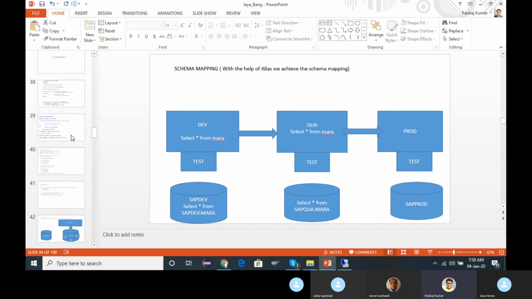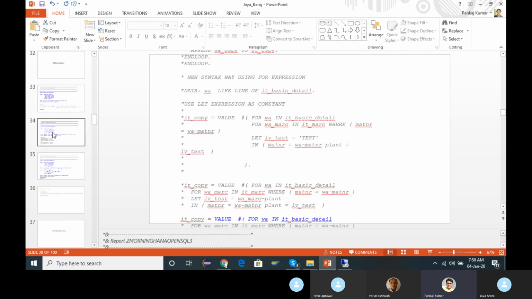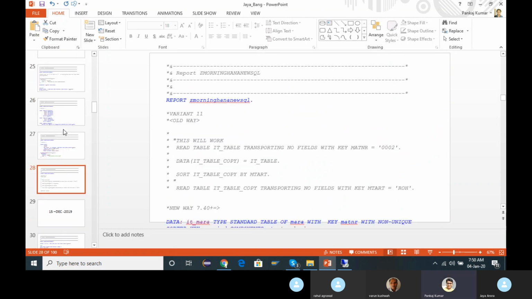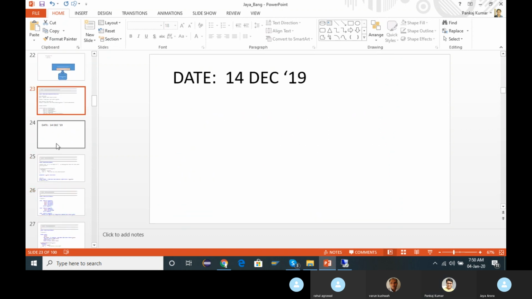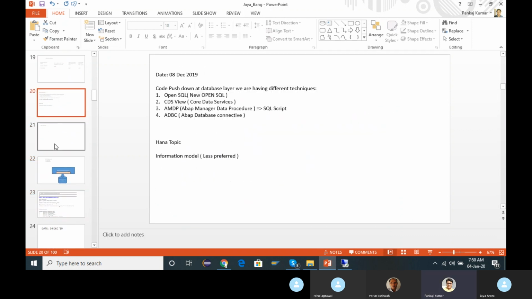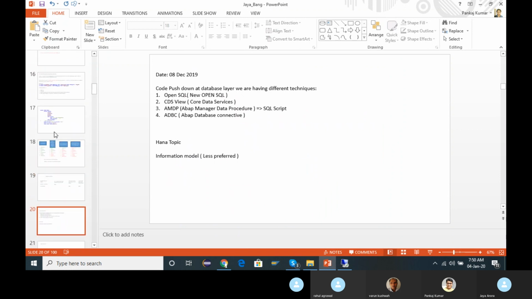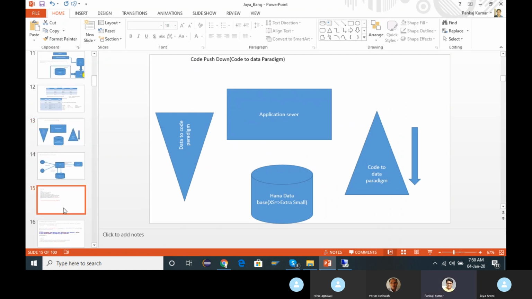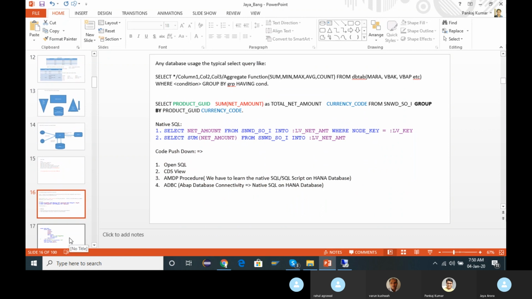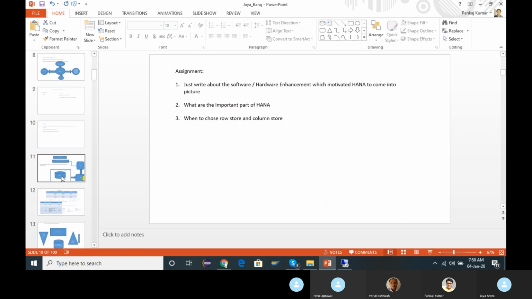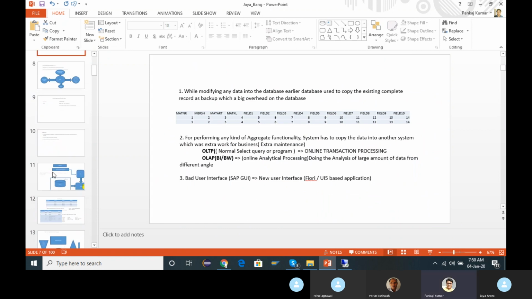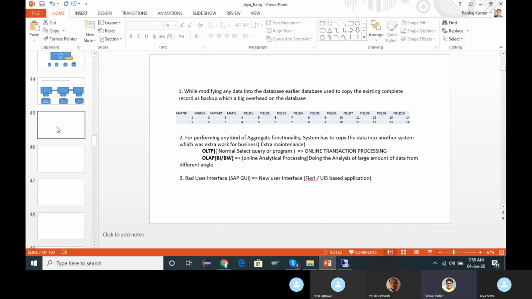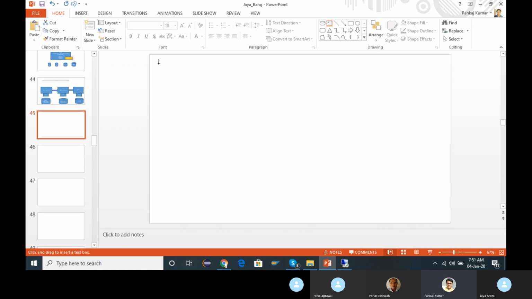I think we have already discussed it in some of the slides, but I'm not able to find that one. We will quickly revise what other things you have to take care of.